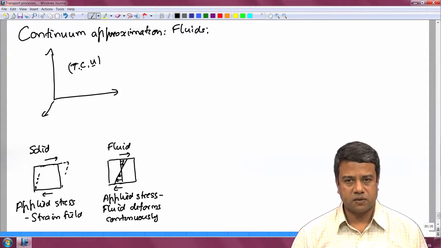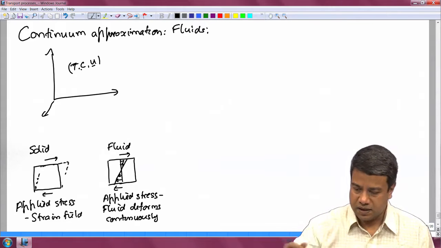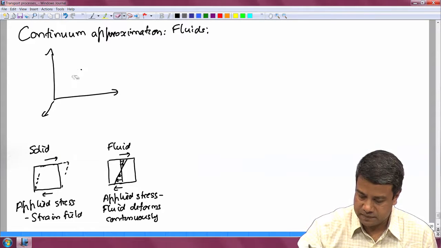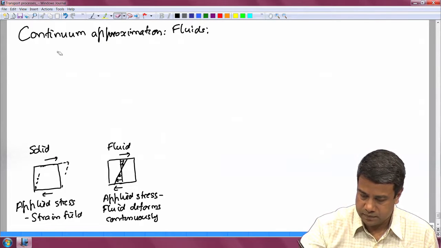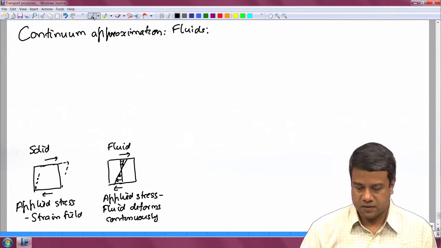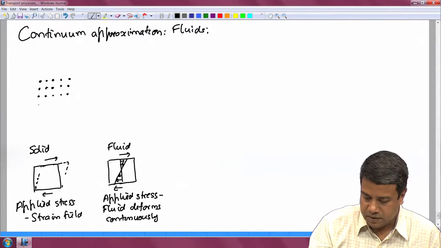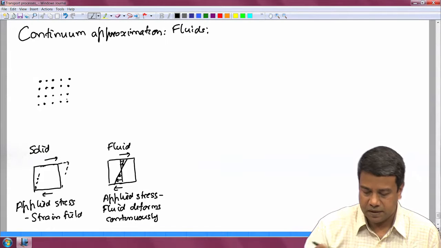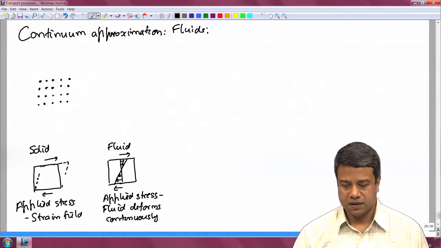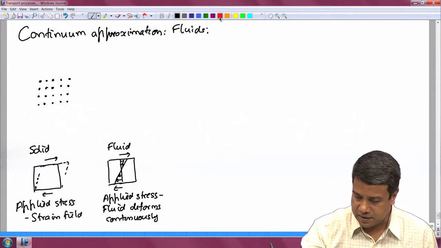At the microscopic level, at the molecular picture, the difference arises because in solids molecules have fixed equilibrium positions. They have a fixed crystal lattice, or at least crystalline solids will have a fixed crystal lattice, within which all the molecules are sitting within the potential well that is created by their neighbors. So, there is a fixed lattice, and therefore, if you deform this lattice a little bit,